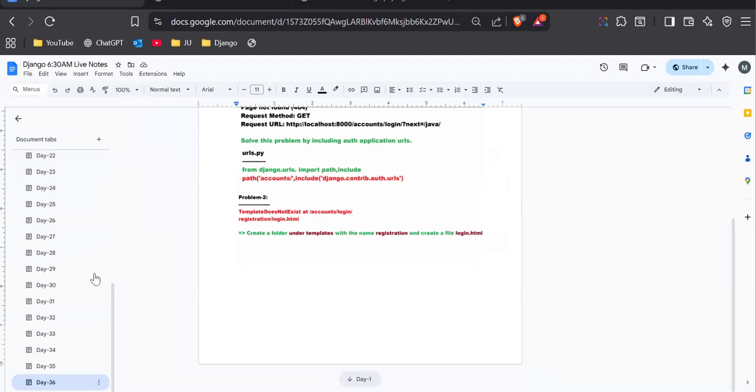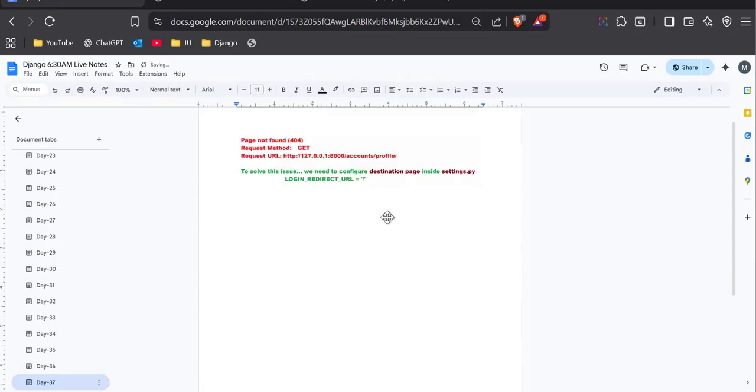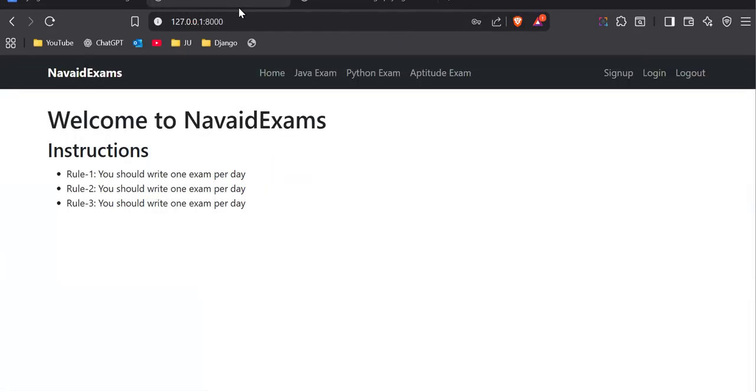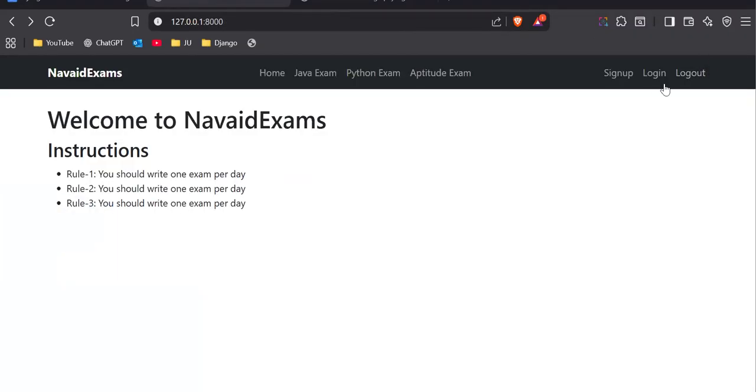So this is day 37. Now what we have to do, the next part is we have to implement the logout. So when I click on logout, it should log out, right? So for this, what we need to do,